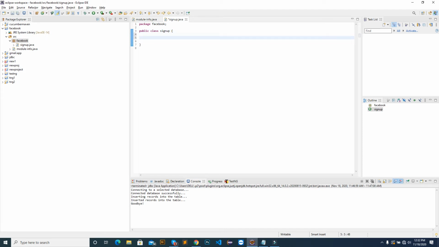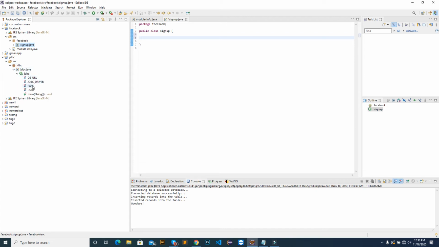We will use a script I have downloaded. First of all, we will see this sign up page, and I have downloaded, just see this JDBC and JDBC.java.